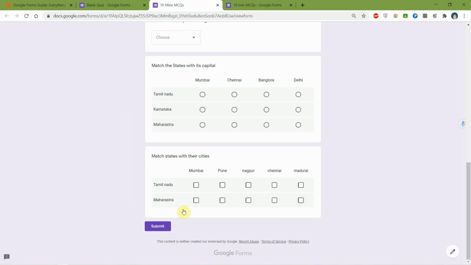For students, the checkbox grid question looks like this. The question is here and the options to the questions are here. The student can choose multiple options for the question, or for the row. For this question, there can be 2 options. For this question, there can be 3 options.